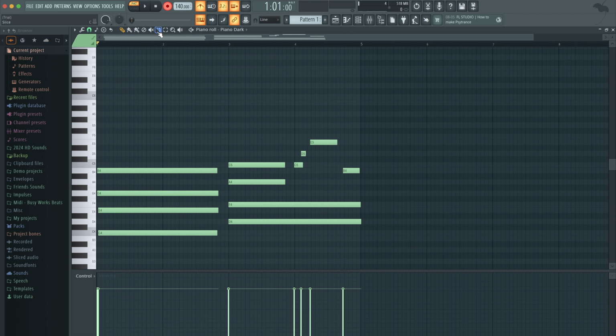Some of the shortcuts you guys need to know, and I'm jumping ahead a little bit, but let's go to the slice tool right here. Hit shift, right click, and I'll teach you all this in my longer video that's like an hour long, but it's very technical, so I'll leave that link below. Hit shift, right click to get rid of anything over this line, because if it goes over the line, it will keep going and it won't sound on beat, trust me. So slice anything that's over the bar. And now we can turn off the record button.